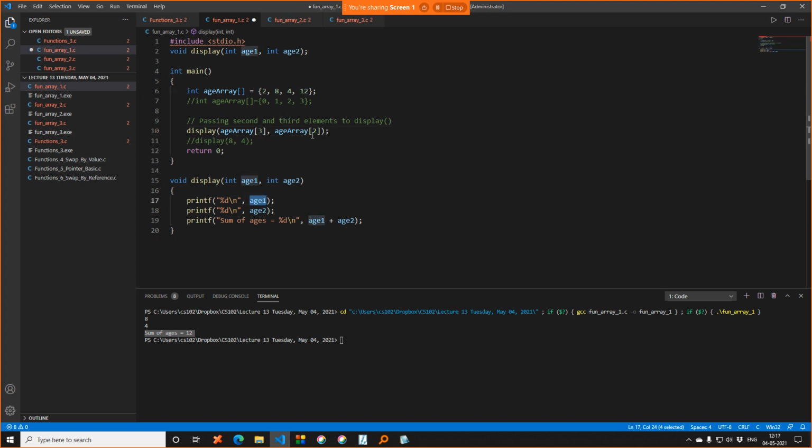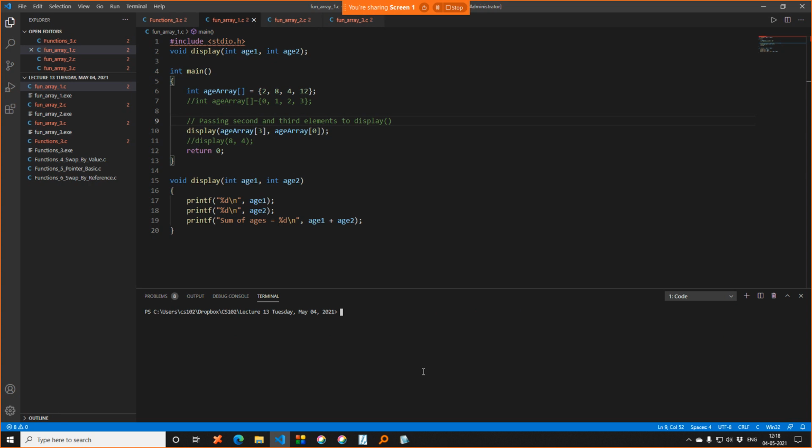Since you are passing 8 and 4 here, 8 gets copied to age 1 and 4 gets copied to age 2. And now I am just displaying the value of age 1 and age 2. Let us even do adding of this, age 1 plus age 2, and we can write sum of ages is equal to.